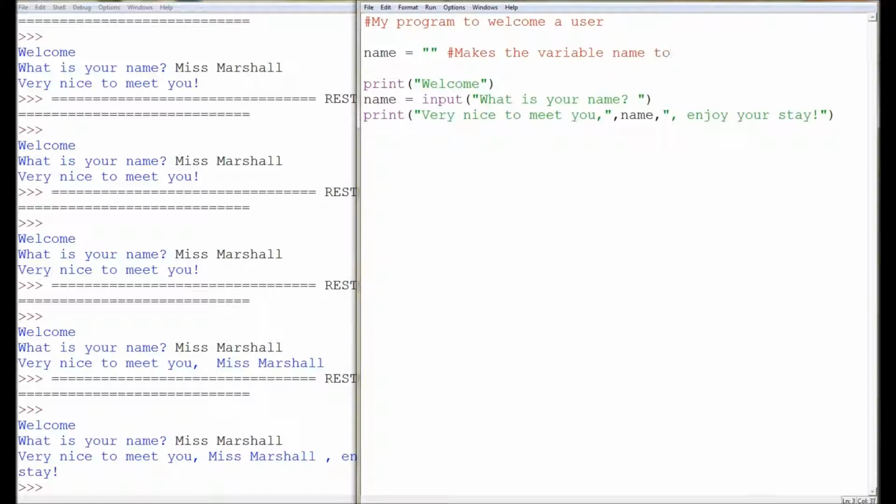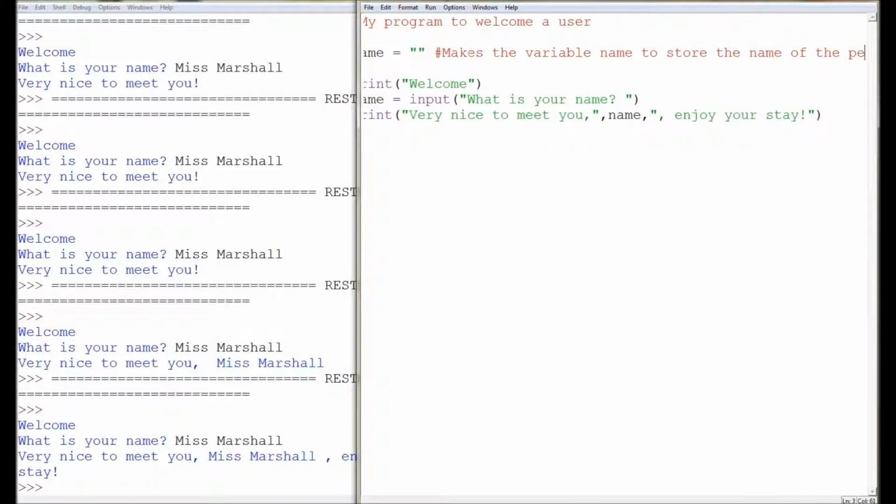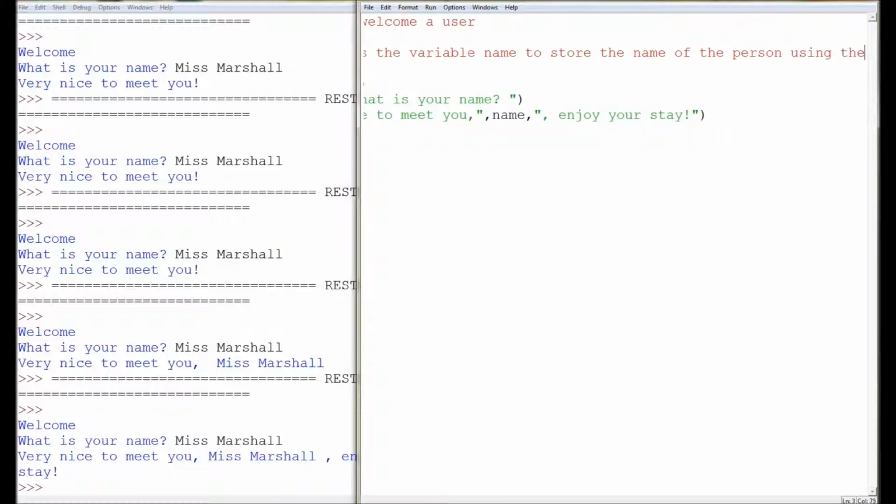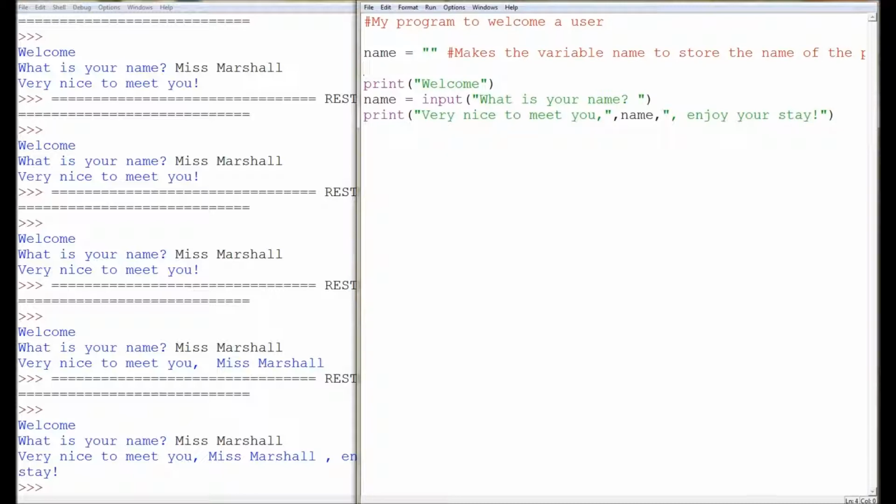So in this case we've got a comment that says this name equals, and speech marks makes the variable name to store the name of the person, so the person that's using the program at the time. And it's really up to you what you put in these comments, but it should be something that either explains what's happening in the code beforehand,